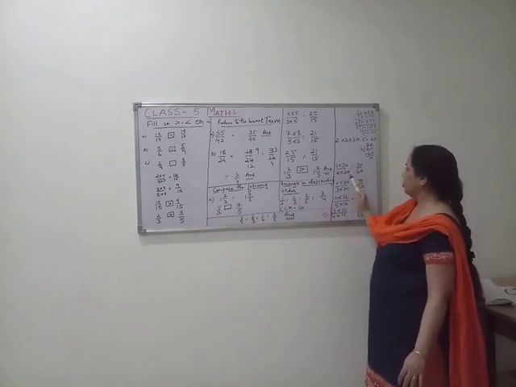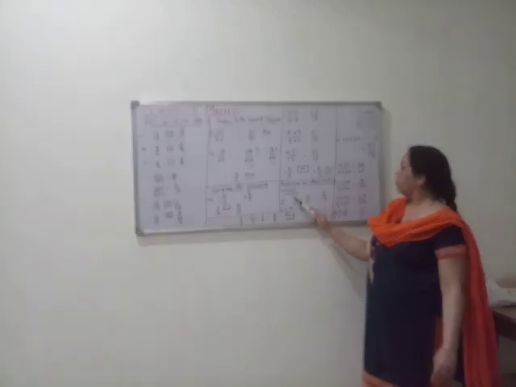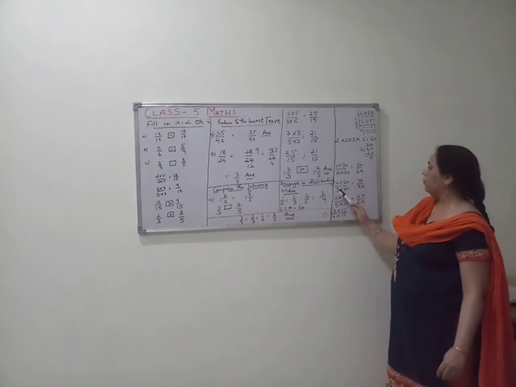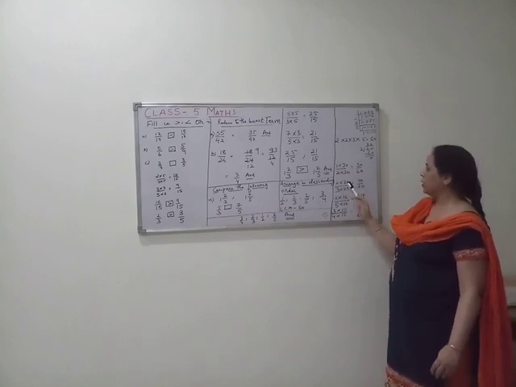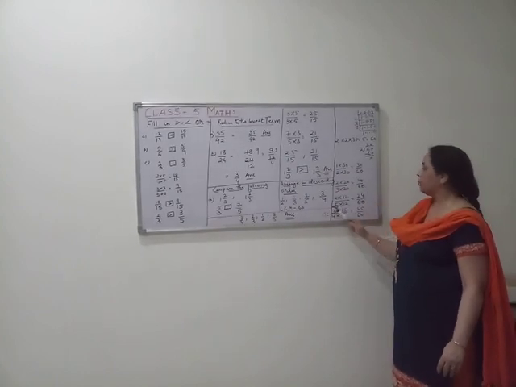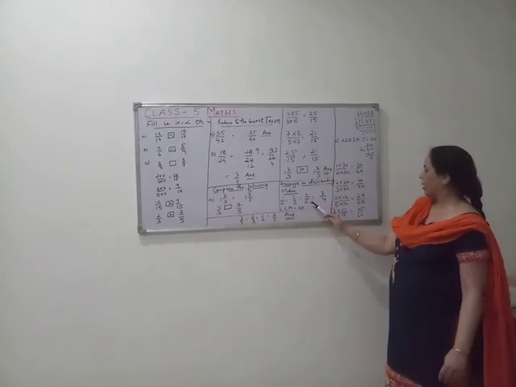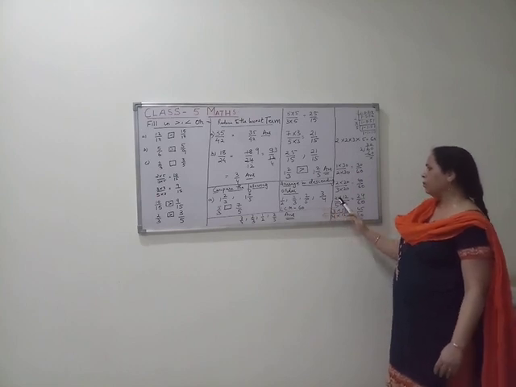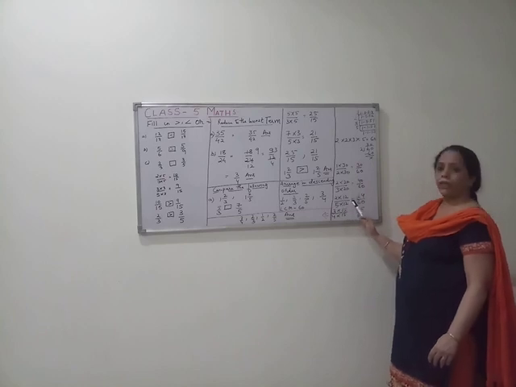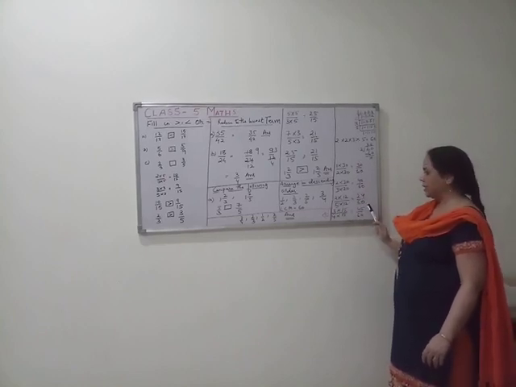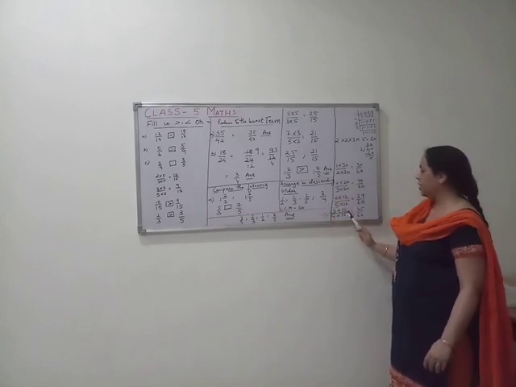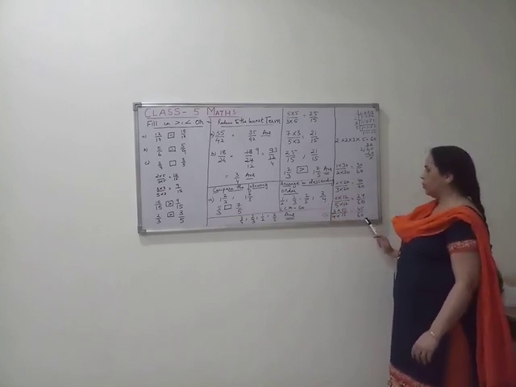1 into 30 and 2 into 30. In the second fraction also we have done the same: 2 upon 3 is multiplied by 20, 2 into 20, 3 into 20, and the denominator is 60, so 40 upon 60. Then the third fraction, 2 upon 5, is multiplied by 12, and 2 into 12, 5 into 12, we get 24 upon 60. Lastly, 3 upon 4 we have multiplied by 15, so that we get 45 upon 60.